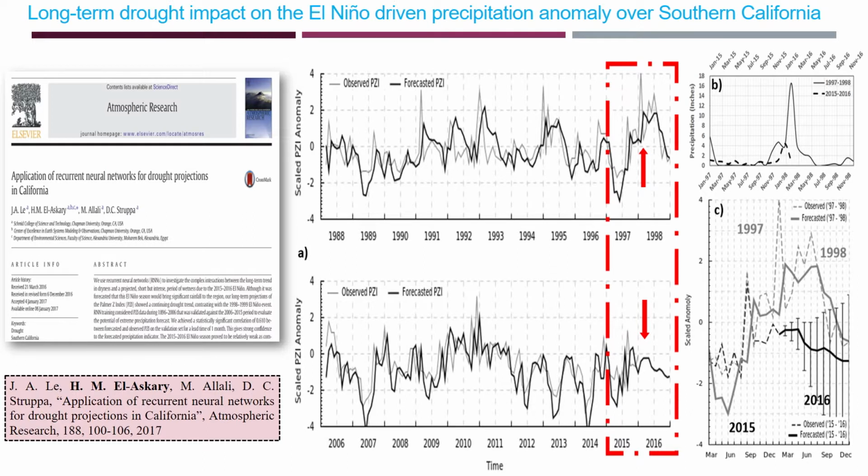So you will see towards the end of 2015, you are going to see two curves, the dark and the gray, which is the forecasted and the observed. And then you are going to see the rest of it is only the dark one, because we don't have observation. So the remaining part of that dark curve is just a representation of what we are projecting, what we are forecasting. So that's a prediction for the coming few months over California.